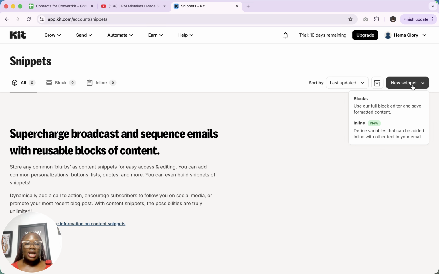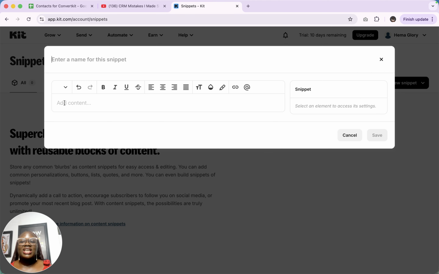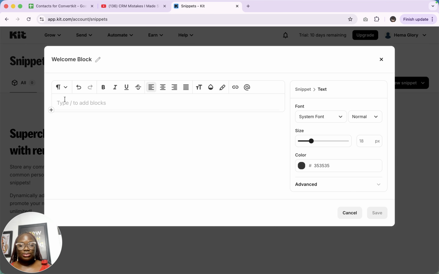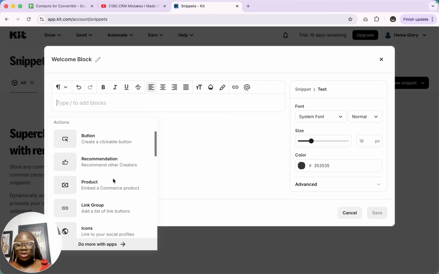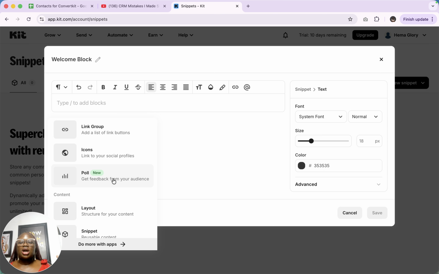So you can click on new snippets here, where you can use the block or the inline layout for your emails. So let's say we want to use the block here, and we can decide to add a name for this snippet. So I'm just going to add in something like welcome block. You can name it whatever you want, and as you can see here, we can add in our content for this block. So let's say we want to add in a layout that we're going to be using